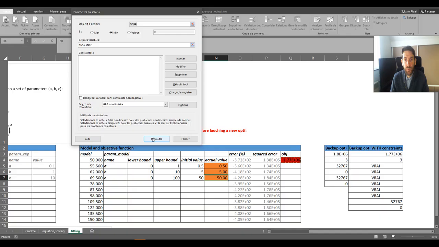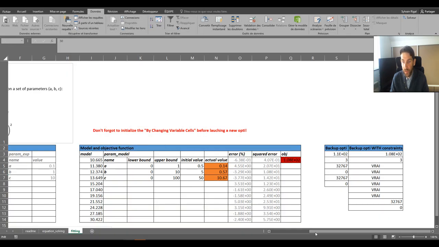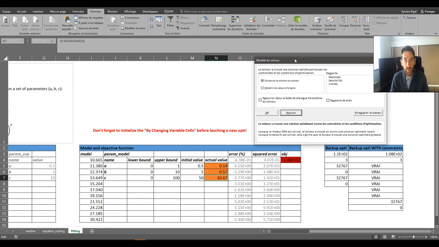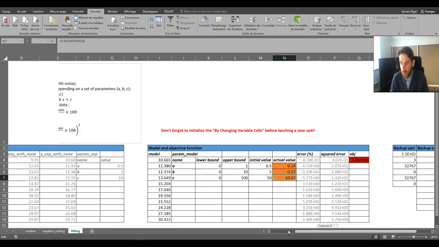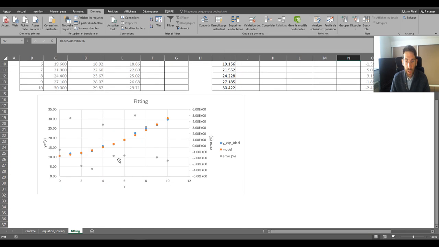So if I click on solve here without putting any constraint, it found the solution and it seems to be very happy. All constraints are satisfied. It said that it has converged. Okay, so I click on OK. And just to see what it gives on the graph, you see that this time the model is closer to the experimental data. So here, depending on your problem and what you want to do, you will have to